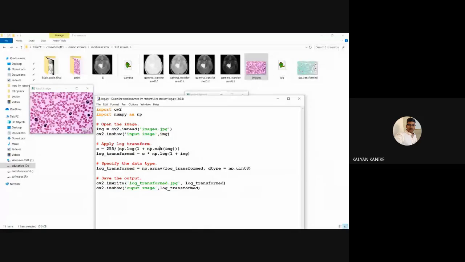What does that mean? In our input image, which value is maximum? For example, we may have 255 or 230 according to the requirement. That maximum value we are going to add 1 to, and that information is divided by 255. So that's the detailed formula.